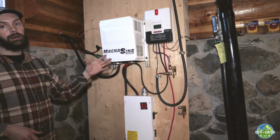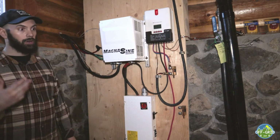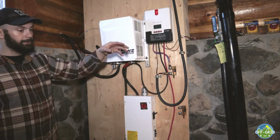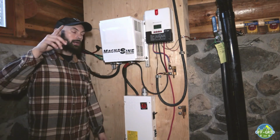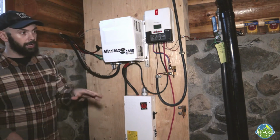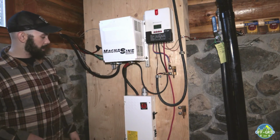So if I'm running the blender upstairs, being that the power from the generator is coming right to here, it'll send it back there so that I can get my 1,000 watts on demand for a blender, or 1,500 watts for an electric boiler. That being said, when I don't need that power, this will send the power into the batteries, and upstairs that little controller will tell me what state the charge is in, and this would be the line for the controller, obviously going back into the inverter. Now we're going to go over here, just quickly talk about the batteries and the vent fan that I was just explaining to you, that vents out the chemical gases. Other than that,